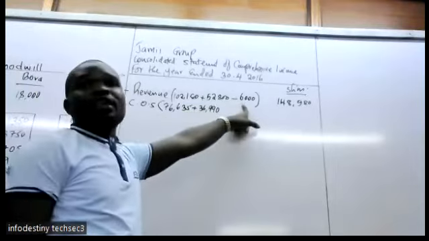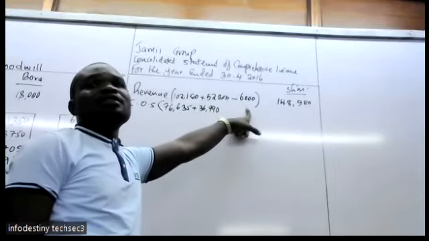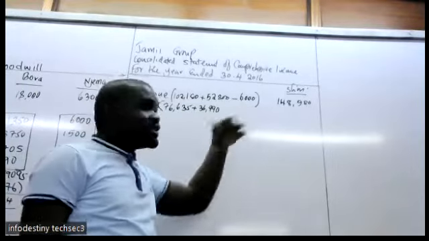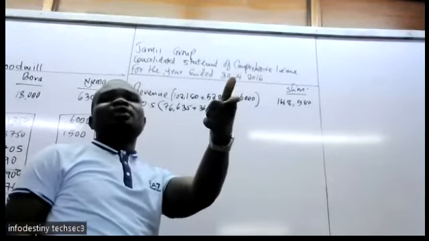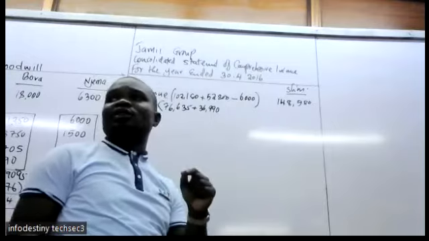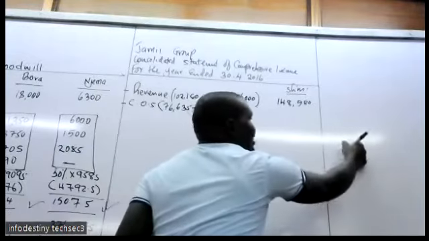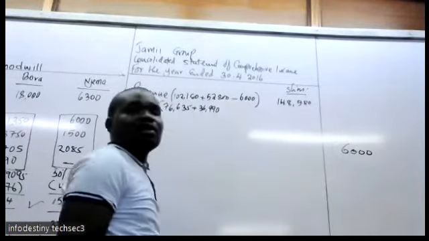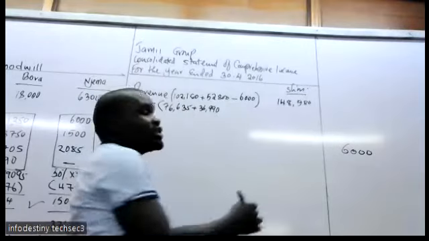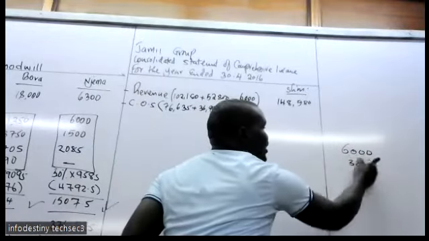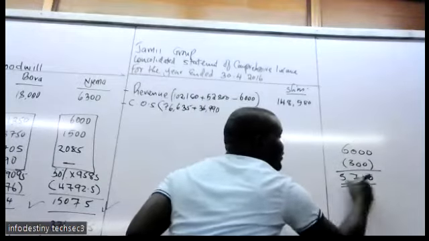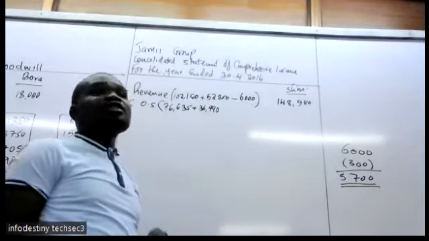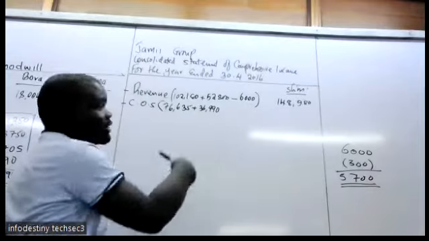There was intergroup sale of how much? 6. You know, intergroup sale is a sale to one group member and the cost of sales to the other group member. So it was 6, but how much was the unrealized profit? Unrealized profit was 300. So it means the cost which remained should be how much? 57. So the intergroup cost of sales, you need to subtract 57.